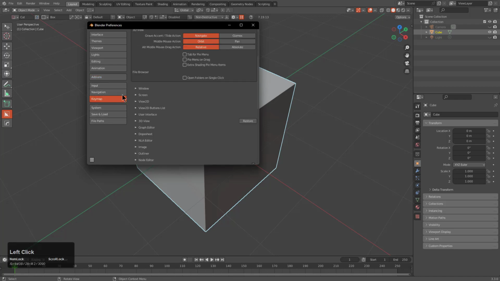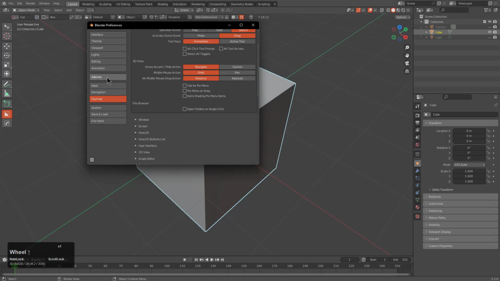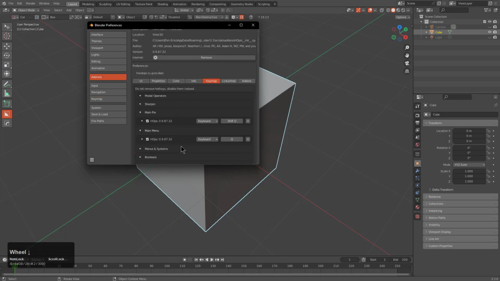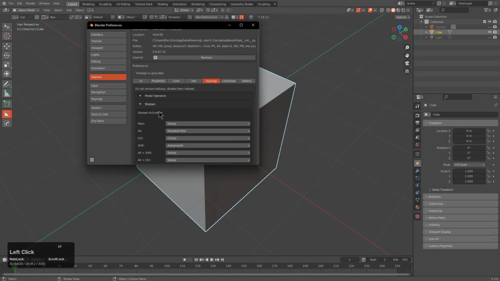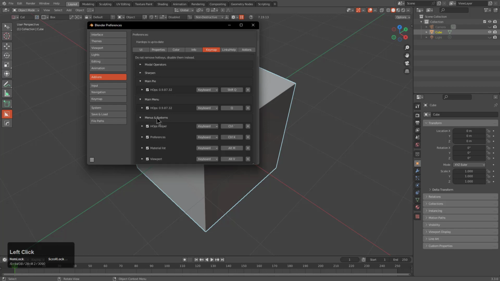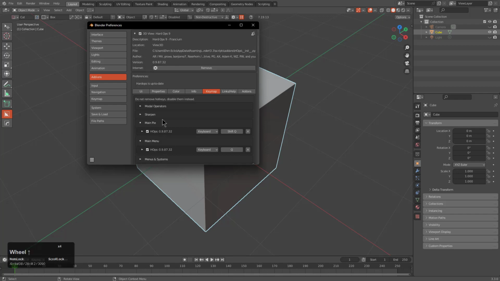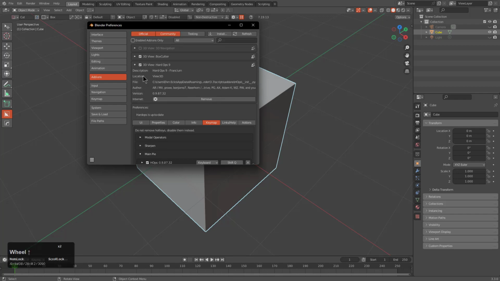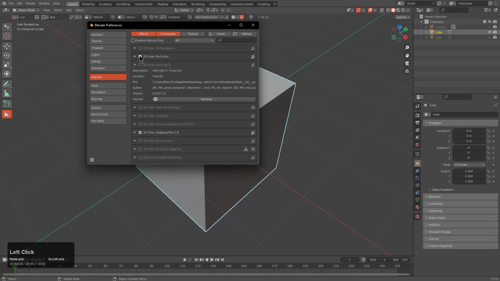So we're going to have to get more intimate with it. We're going to have to go and click on these restore buttons for the 3D view, which basically gives us back what we had. It appears that whenever we enable it, we still need to go over and restore it, but that's just a little bit of how you can disable HardOps and Boxcutter, save your preferences, close Blender, open it up again, and use that as a way to renew it,